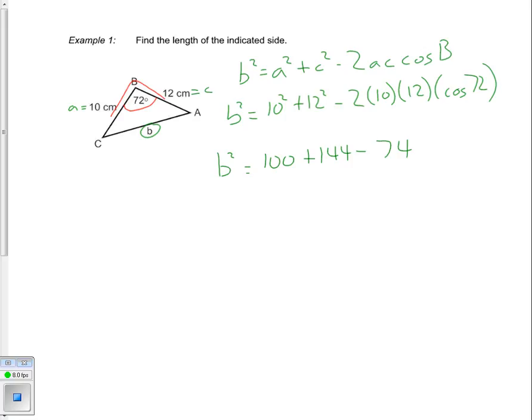Okay, so now we're going to go back and consolidate this. We're going to simplify, so we can do 100 plus 144 minus 74, and that's going to give us 170. Right now we've got B squared is equal to 170, and I just want B all by itself. So the opposite operation of squaring something is actually doing the square root. So we're going to square root both of those. So we've got B is equal to the square root of 170, which is approximately